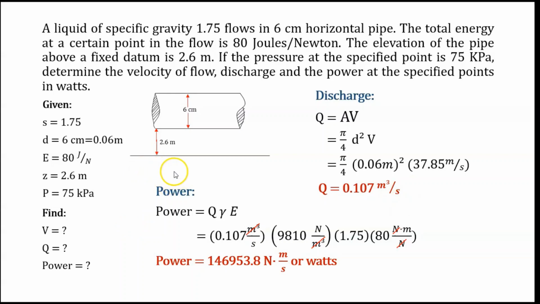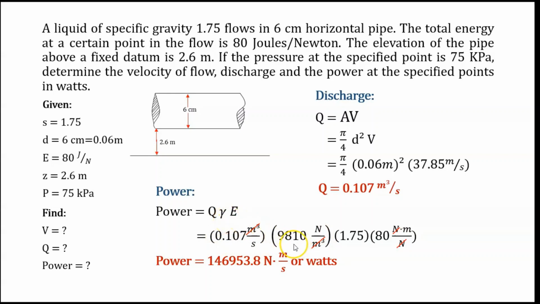And now, let's proceed in finding the power. So, we have here the equation of the power, which is equal to Q times gamma times E, where Q is the discharge, gamma is the specific weight of the liquid, and E is the total energy. So, plugging in the given values, we have now 0.107 cubic meter per second multiplied by the specific weight of the liquid,